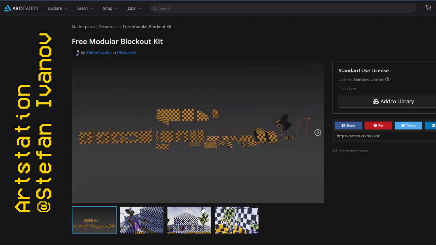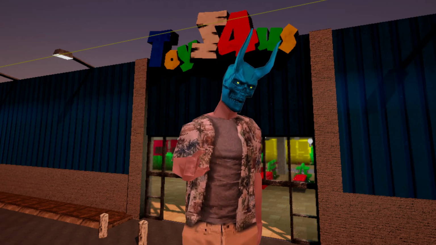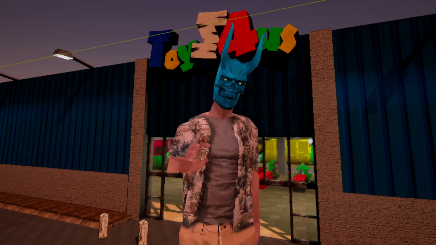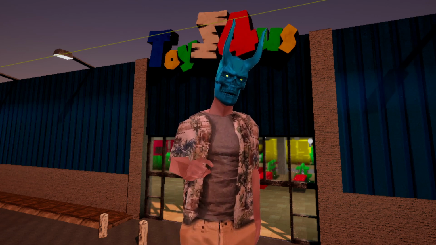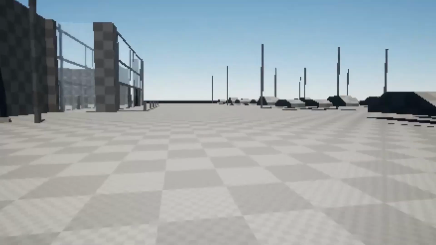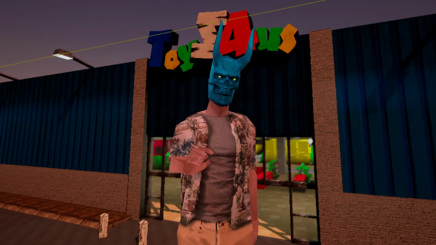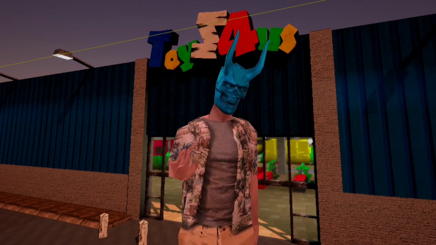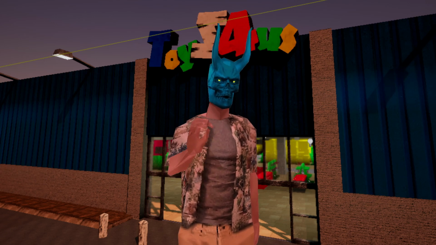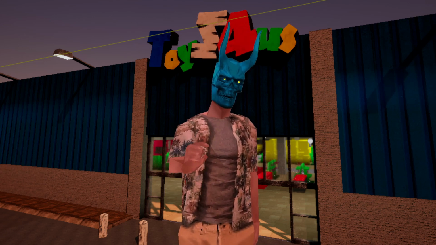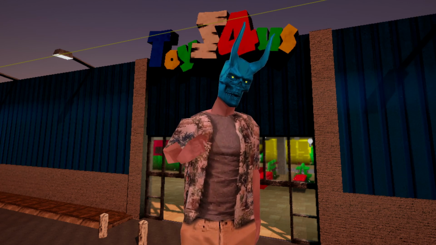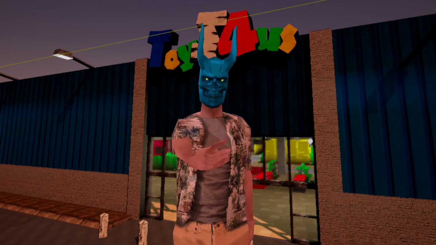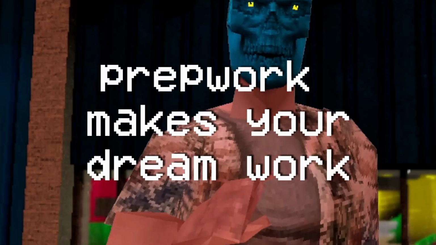But in my case, I had no clue how big I wanted everything to be and what exactly I wanted inside the environment. So I made everything in engine for the blockout, and I played from time to time through the environment, through the levels, to figure out where and how big I wanted the interior and the walls to be. The only assets I was 100% sure of from the start were the ones I mentioned in my story script. So it's very important to prepare with the script, so prep work actually